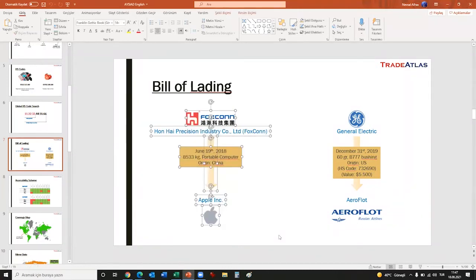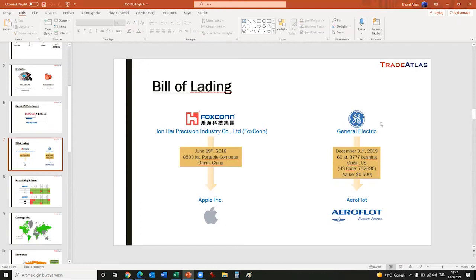The data is released by the US Customs itself. For example, on the right-hand side, you can see this data is coming from Russian customs, and it says that Russian Airlines Aeroflot has purchased a plane part which is only 60 grams, but the worth is $5,500 US, and this is the HS code of this product, and this is the date, and they bought it from General Electric. Look, when we go to Trade Map, for example, when I write 73, 26, 90 in 2019,